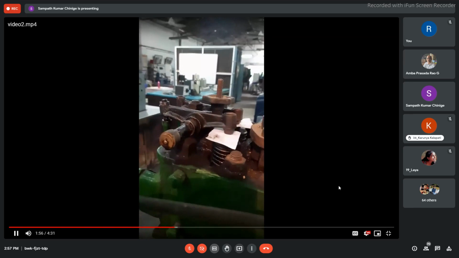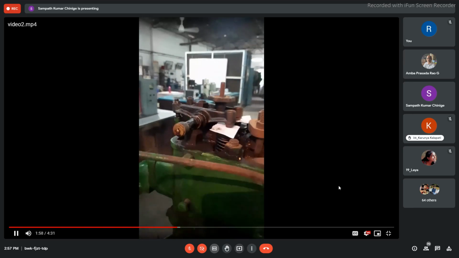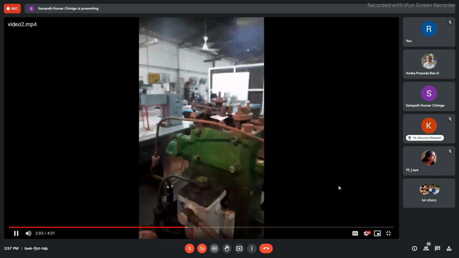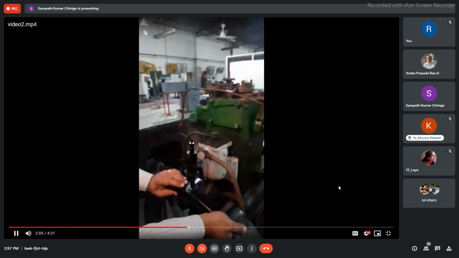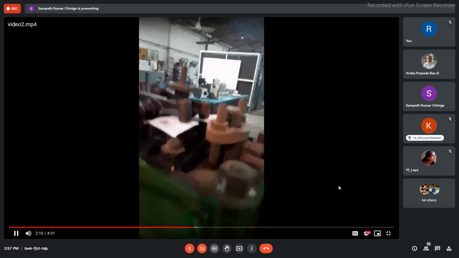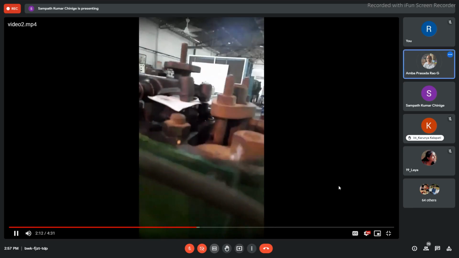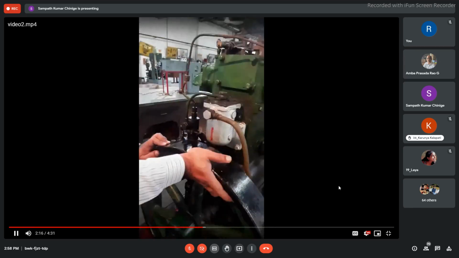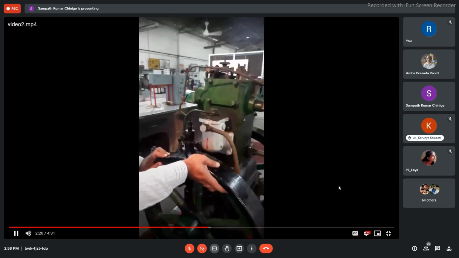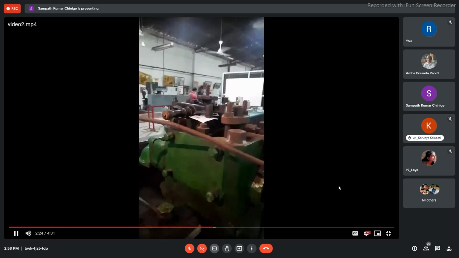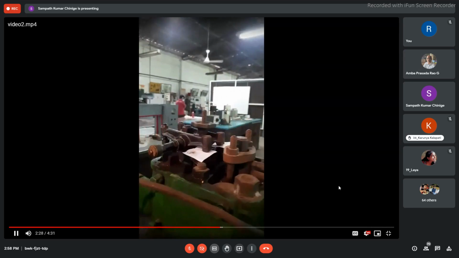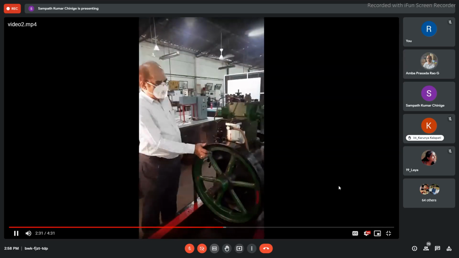So we can say that the piston is at the topmost point. If I rotate in the clockwise direction, only the rocker arm pertaining to the intake valve gets operated. If I rotate in the opposite direction, the rocker arm corresponding to the exhaust valve gets actuated. So that is not the right direction of rotation. The right direction is to bring the flywheel such that both rocker arms are operated, and from there you rotate clockwise, and only the rocker arm pertaining to the inlet valve gets operated. Now we will actually start the conduct of the experiment.